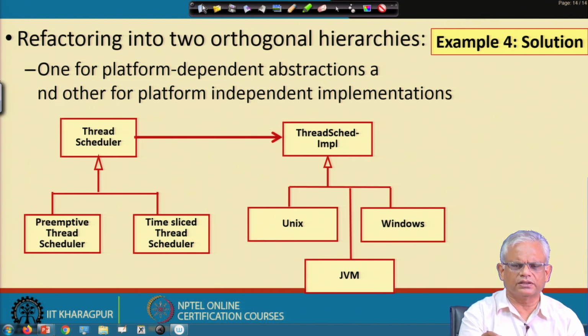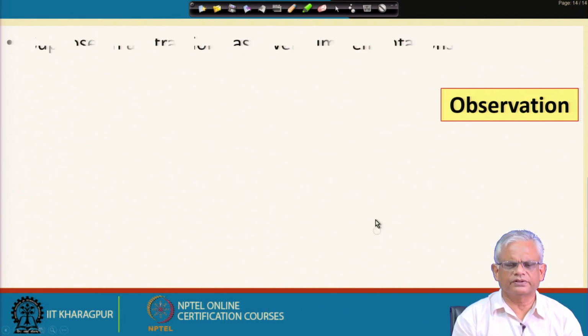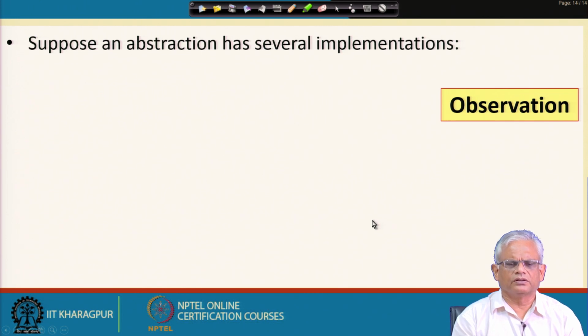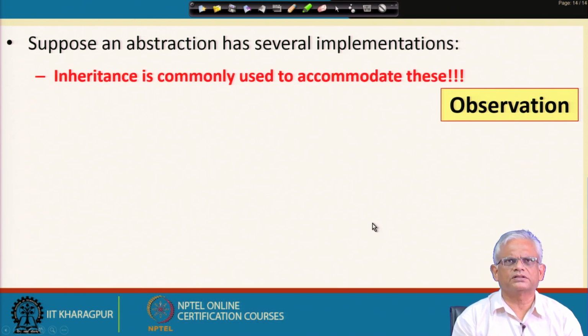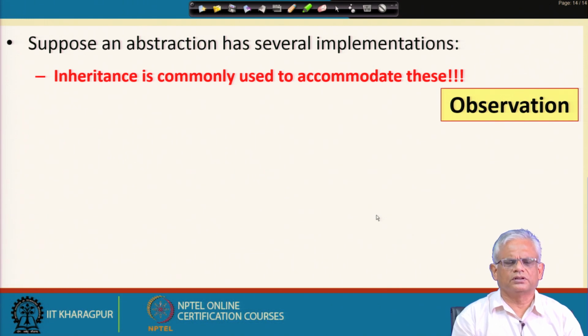Now, let us look at one more example. Okay, before that, from our examples, let us make some observations. If an abstraction has several implementations, that is, we have defined some abstraction ideas for application, but then it can be used on various platforms and so on, and then the programmer is typically